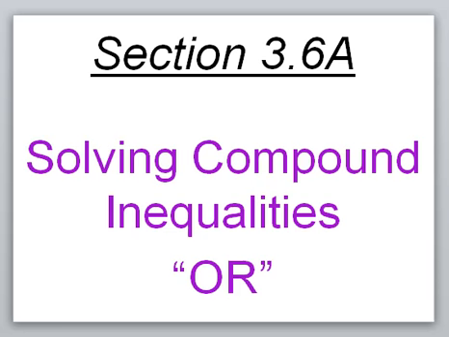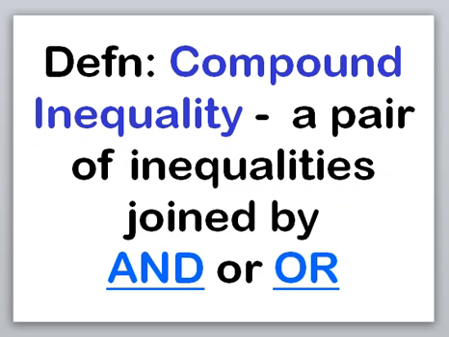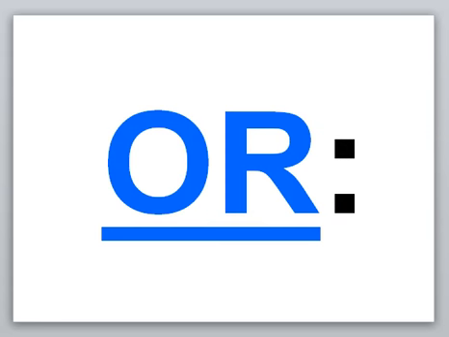We're in section 3.6, which is solving compound inequalities. Today I'm only going to be discussing the ones with "or" in them. A compound inequality is an inequality that has a pair of inequalities, and those are joined by an "and" or an "or" statement. And as I said, I will only be discussing